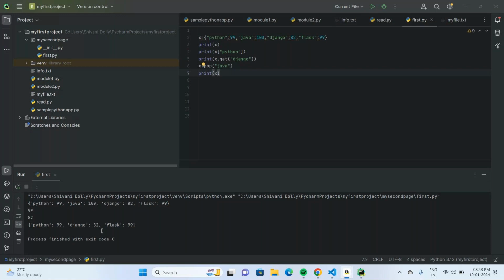So get is a method. When you give key, the corresponding value will be printed. So if you want to remove item also, x dot pop item, the last value will be removed. And here we have